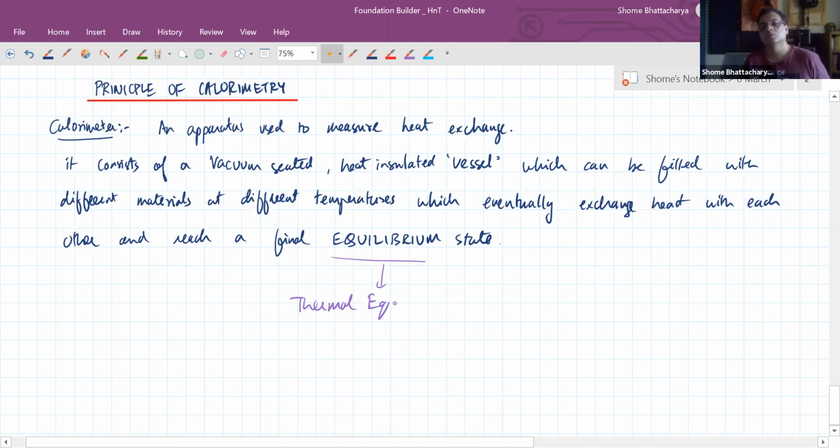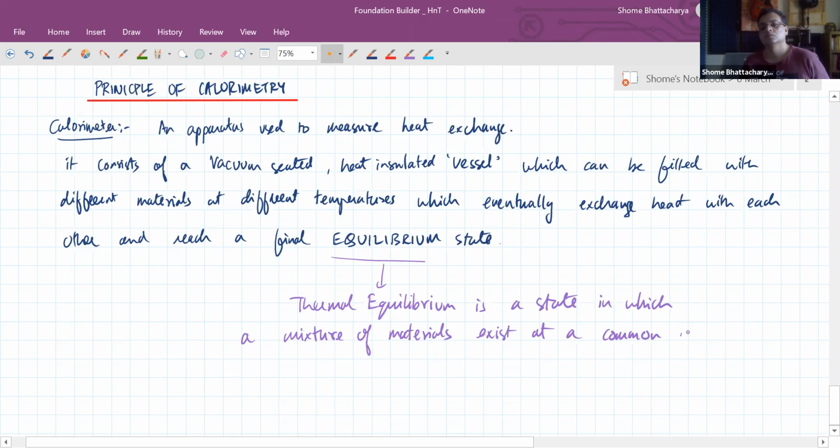Thermal equilibrium is a state in which a mixture of materials exists at a common uniform temperature, okay, which we can call the equilibrium temperature,